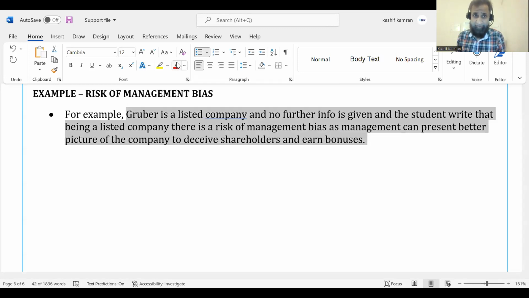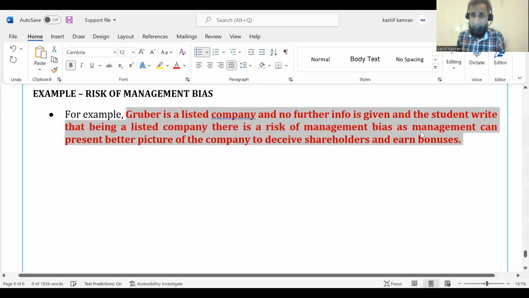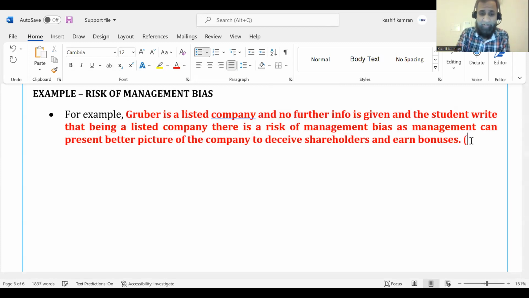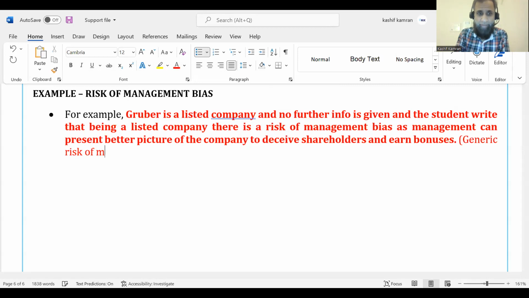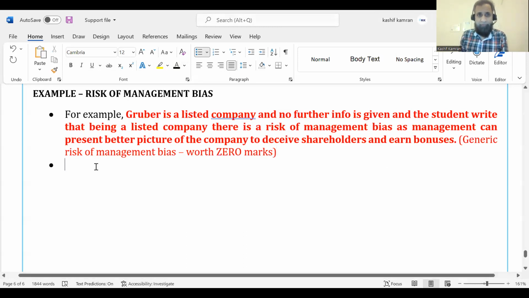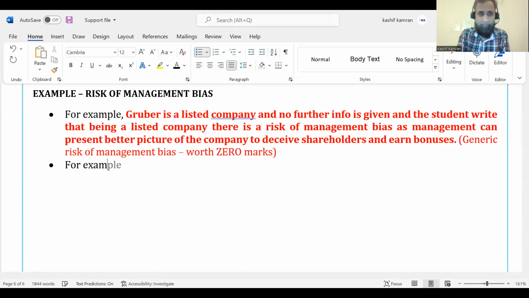Examiner says this is absolutely wrong and you will not get anything, because the examiner treats it as a generic risk of management bias. And when you read the examiner report, the examiner will tell you this is worth 0. This is worth 0 marks. However, look at situation number 2. For example, Grubber is a listed company and the case tells you